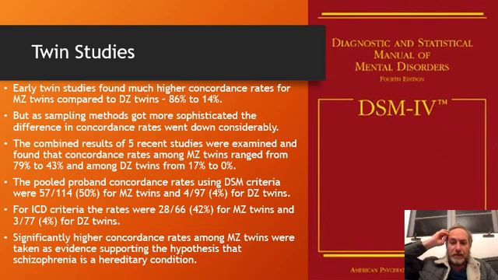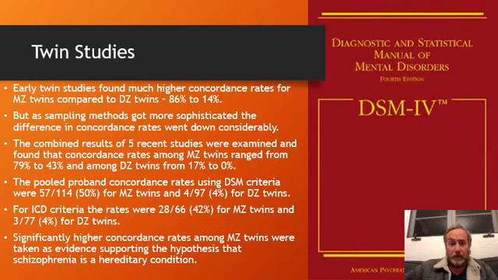So these twin studies have developed through the years, right? Early on, twin studies found very high concordance rates for MZ twins compared to DZ twins, 86% versus 14%, which seemed to be very strong support for a genetic basis for schizophrenia. But as the sampling methods got a bit more sophisticated, you definitely got less impressive concordance rates, but still